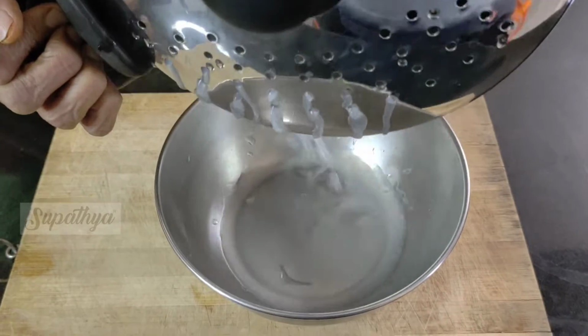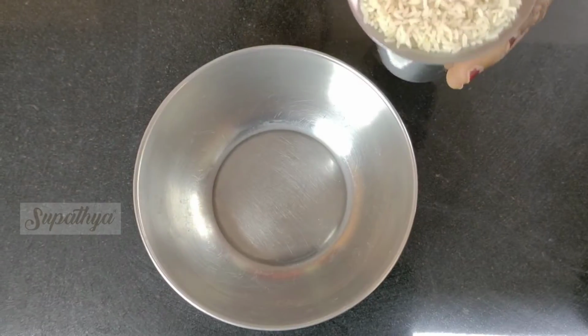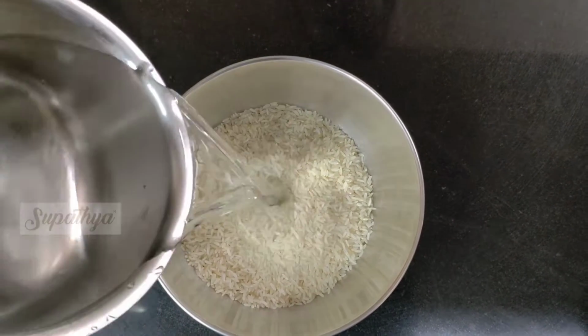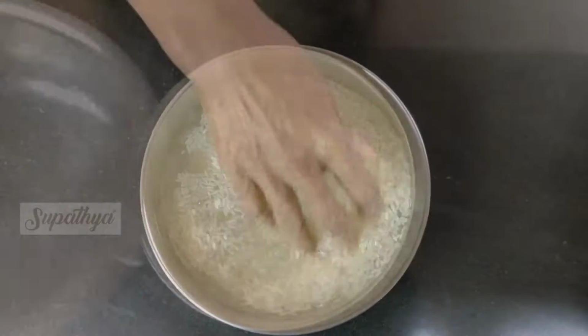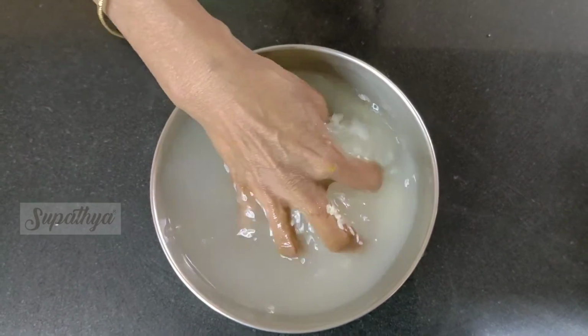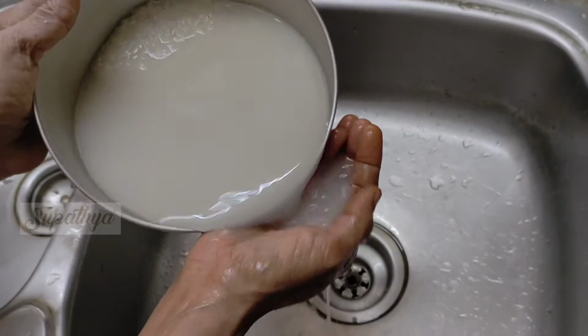Today, I'm going to tell you how to remove starch from rice using a rice cooker. For this, I've taken 1 glass of rice. I'm going to clean this thoroughly using water. Fill water completely till the brim and ensure we wash the rice with our hands well and drain it off